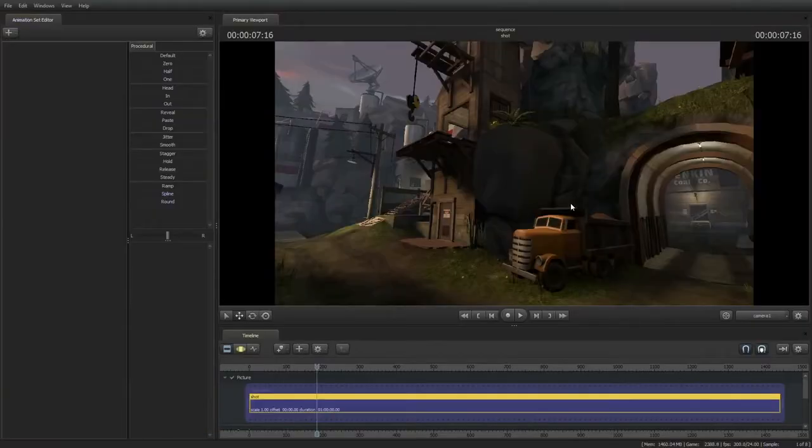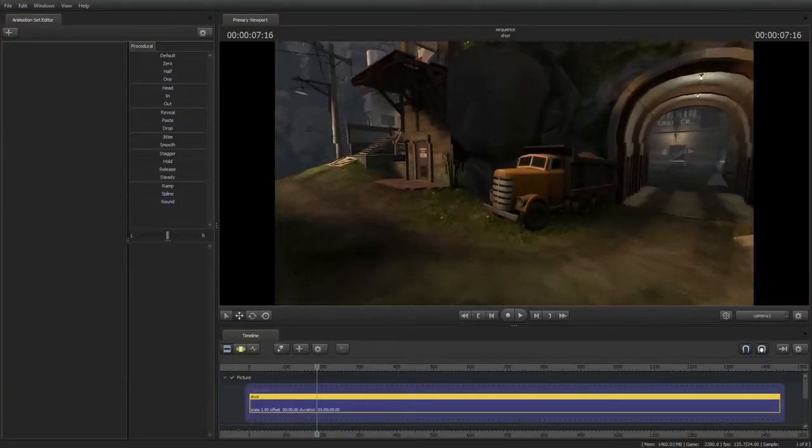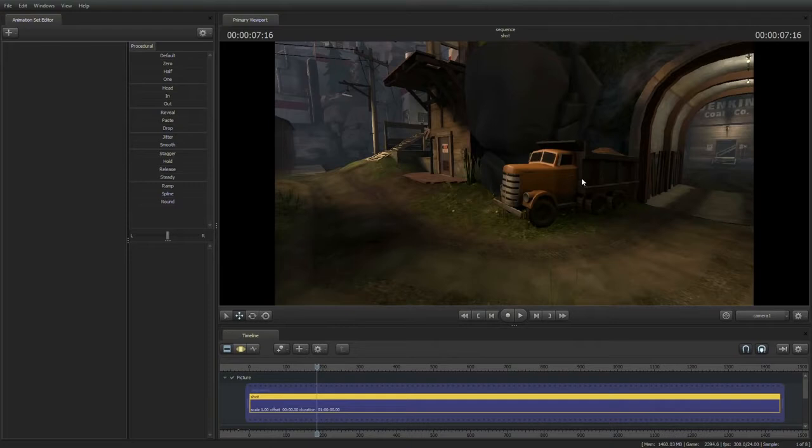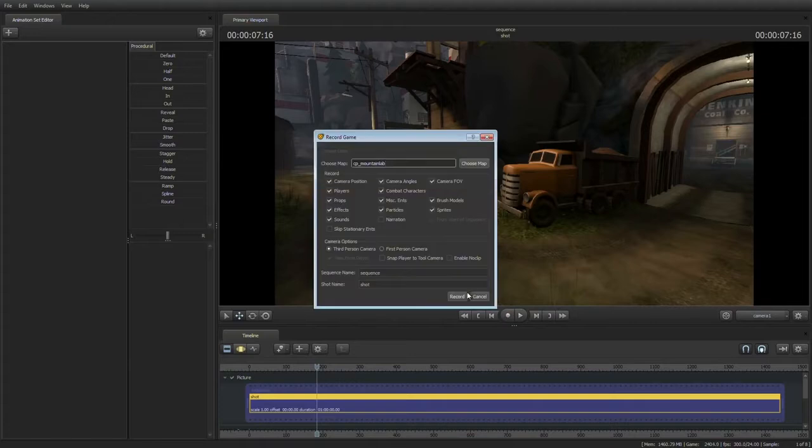You'll notice that the scout has disappeared. Even though in the game world we were clearly standing right there, he's gone. That's because for something to show up inside of a shot, it has to be recorded, just like a video camera has to capture somebody to put it onto tape. And so to do that, we're going to go ahead and click the record button